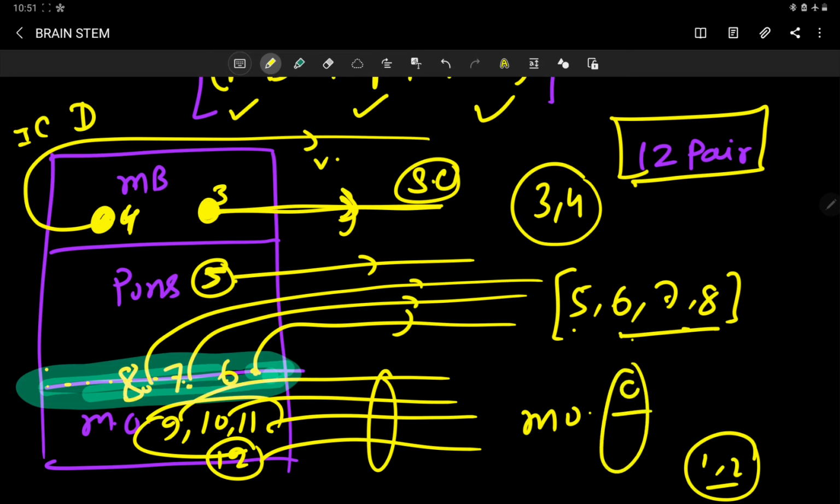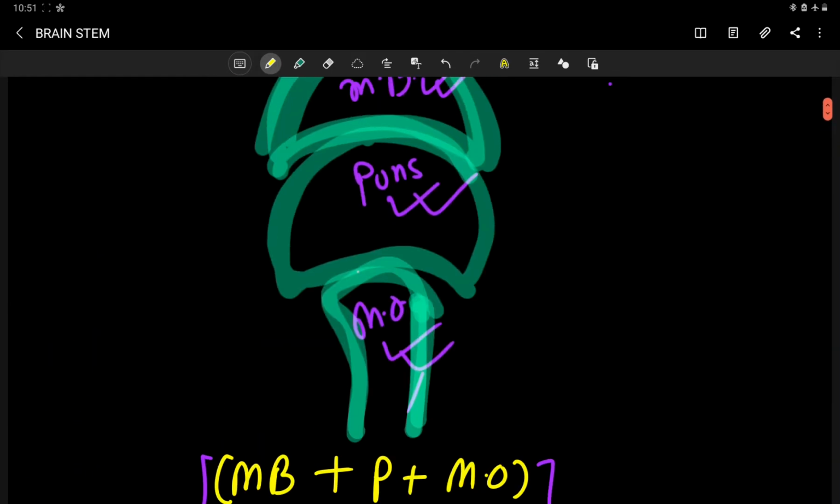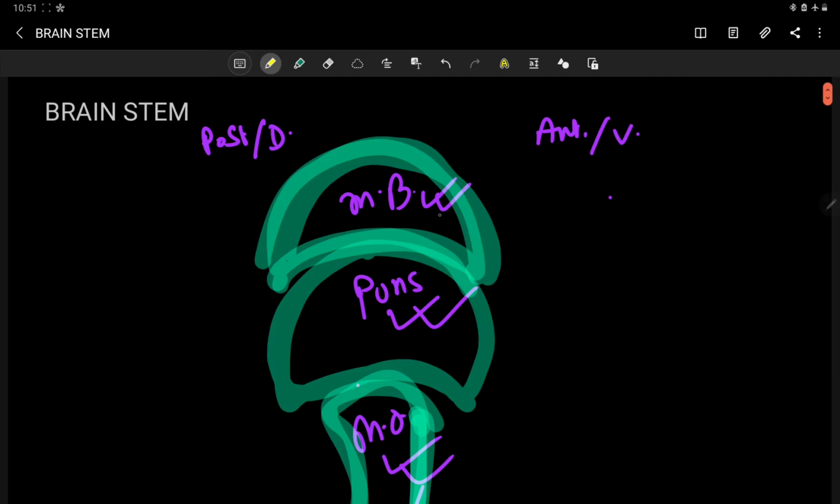9, 10, 11 are emerging from a common nucleus. This is your nucleus ambiguus at the medulla oblongata level. So this is the basic concept behind this. Now once again I am telling, let's imagine this is the anterior aspect and this is the